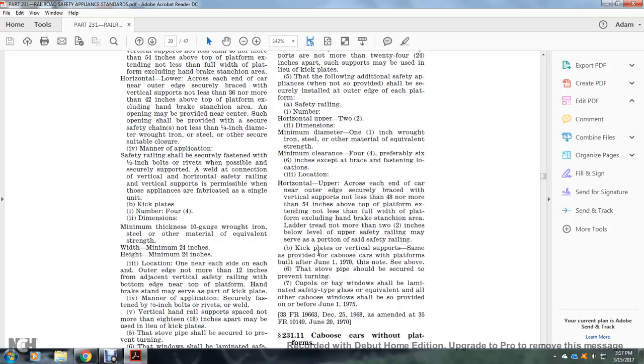8. Safety railing. 1. Number: horizontal upper. 2. Dimension: minimum diameter 1 inch wrought iron or steel, or material of equivalent strength. Minimum clearance 4, preferably 6 inches, at the brace, preferably at the location. 3. Location: horizontal upper at each end of the car near the outer edge, securely braced with a vertical support